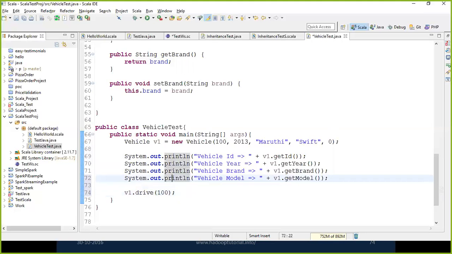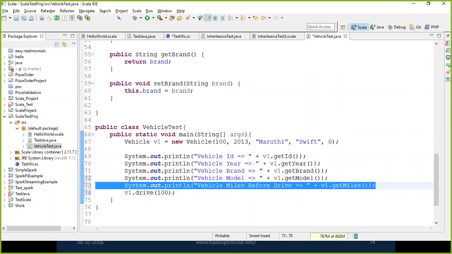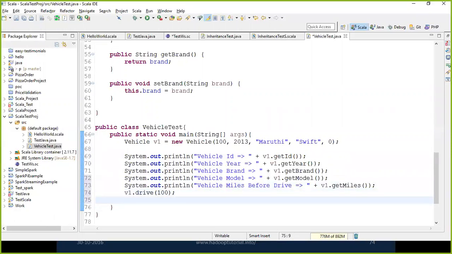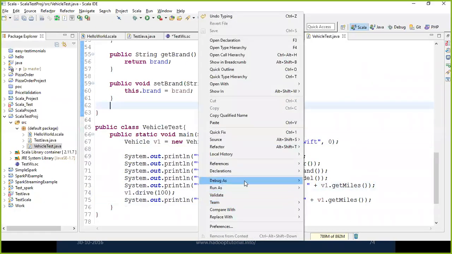And vehicle miles before drive, v1 dot getMiles, and after that again you are driving for 100 miles and see after driving, v1 dot getMiles. So these are things that I want to perform. And if I run it as a Java test,